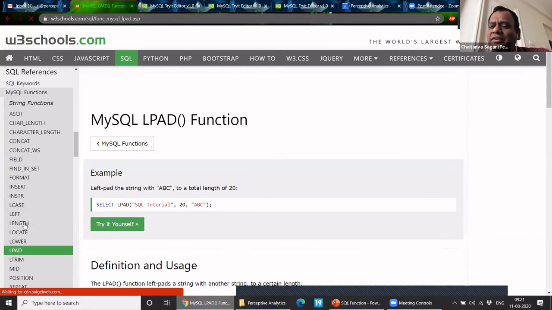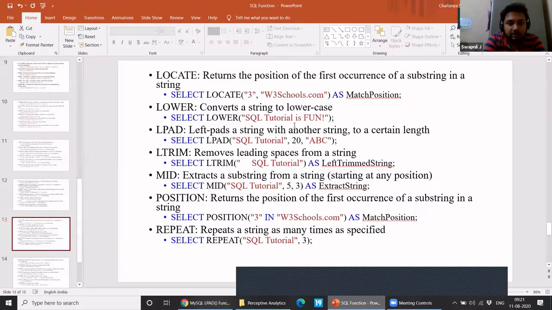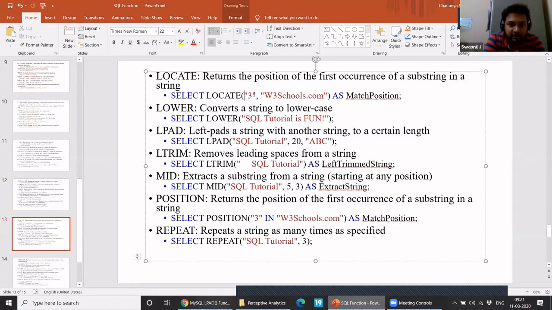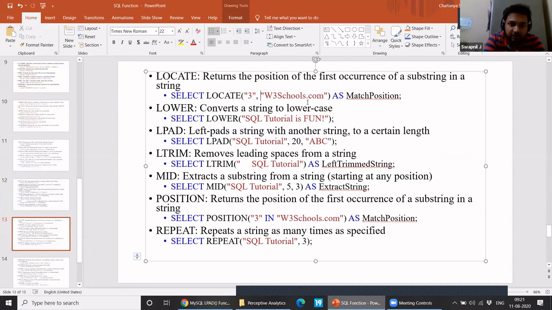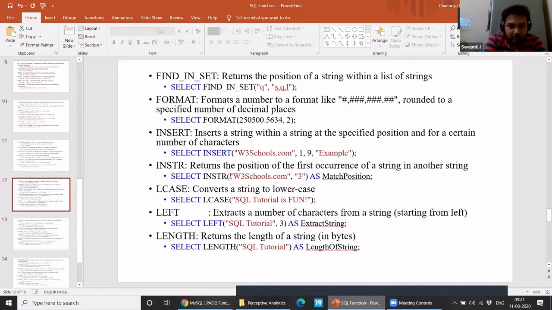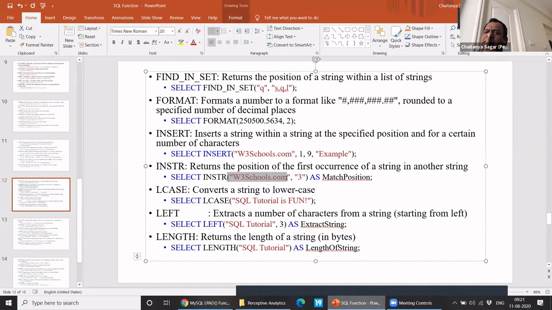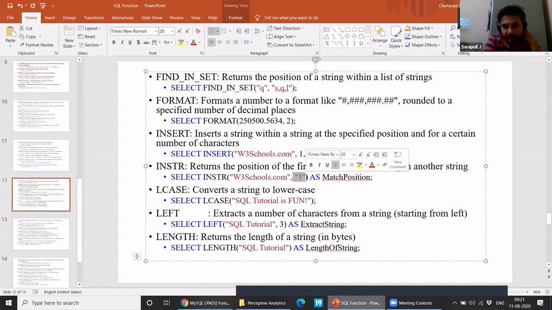Sorry, what is the difference between INSTR and LOCATE? Only the syntax. Here I need to find 3, so I am giving the 3 first, then the string. But in INSTR, I am giving the string first and then the 3 which I need to find.